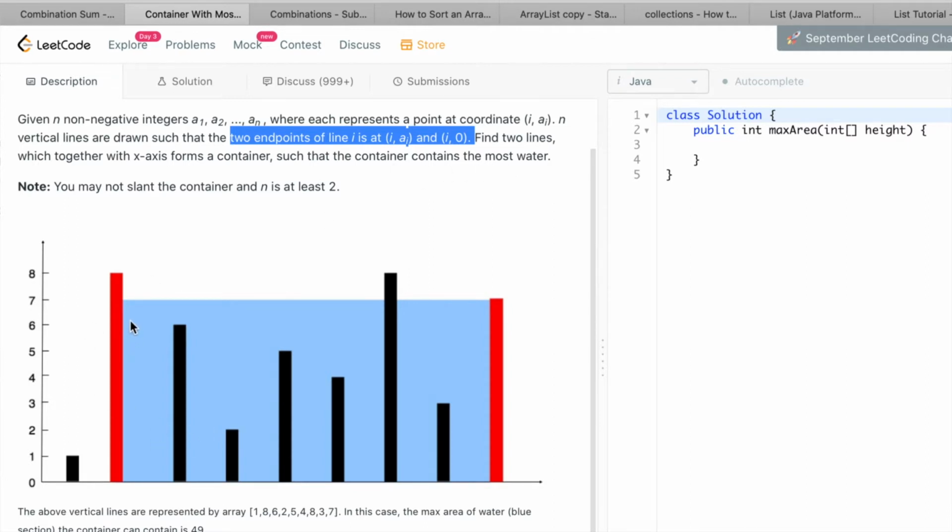Okay, so if you take any two lines with the x-axis, it will form a container, right? So for example, if you take this red one and this red one with the x-axis, it forms a container like this. And if you fill water in that container, it will go till this point, the next red line's end. Okay, so we have to find the two vertical lines with which it will hold more water,